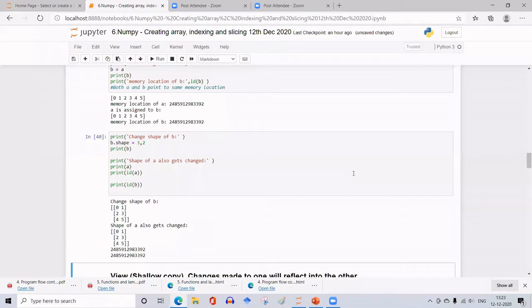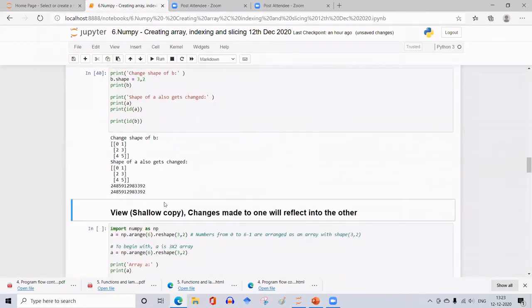If I change the object, whether I print A or B, I get the same answer, is it not? Because the data is the same. Yes, ma'am. Single data is referred to by two different names. So if I change the shape of one variable name, then automatically the other name also will point towards the changed array.